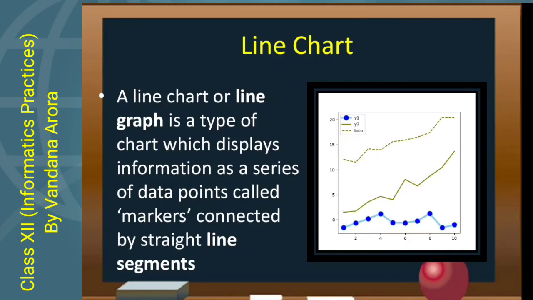In this diagram you can see 3 line charts we have plotted with different styles. You can see the anatomy of the chart. You all know that the horizontal axis is the x-axis, vertical axis is the y-axis. The small box at the upper left corner, that is called legend. Legend identifies different lines, that is, which line belongs to which data set, which series.